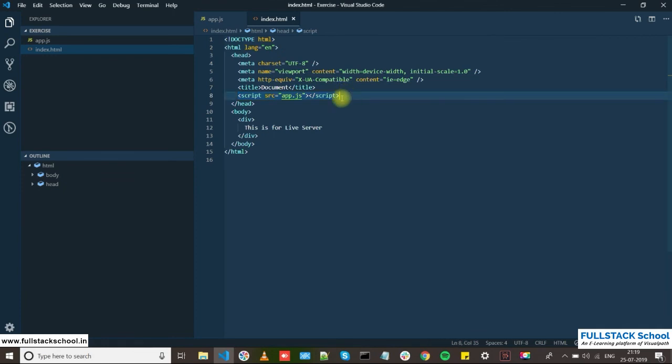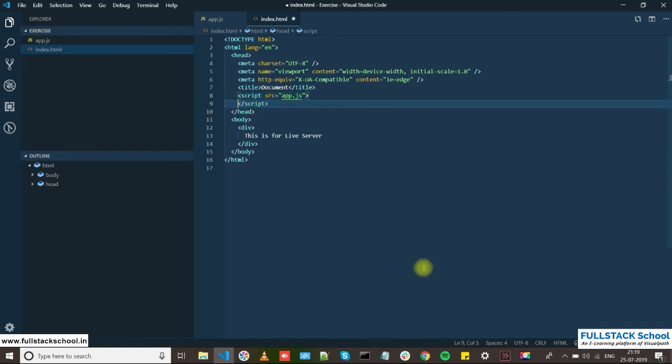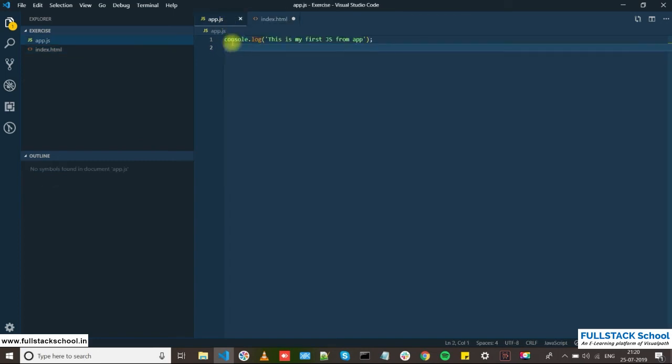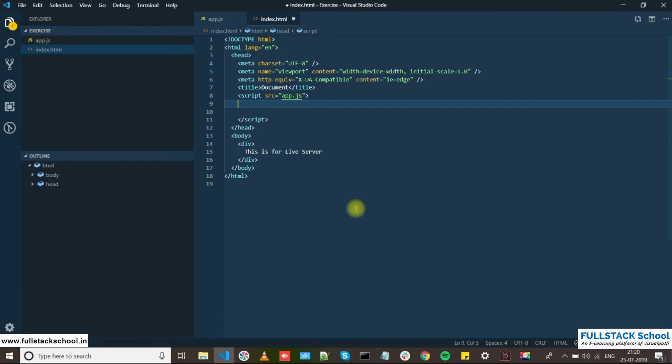We will see this in our future projects by referencing a number of files. I hope you got what is happening here. Previously we were writing our JS in this part, and now we have moved it into a separate file and are referencing it here.